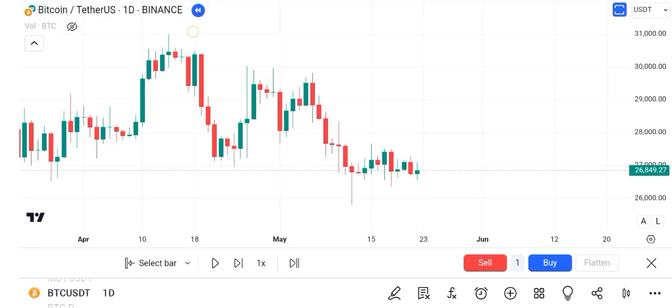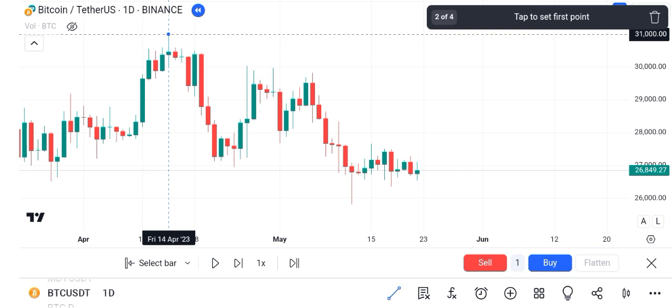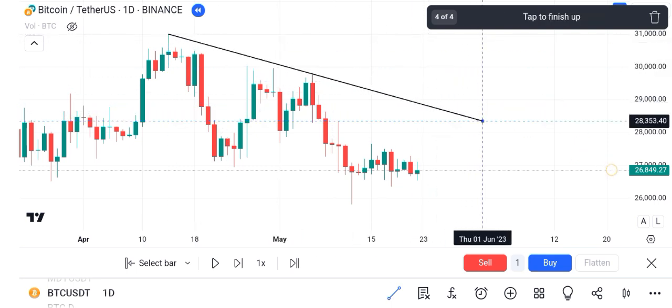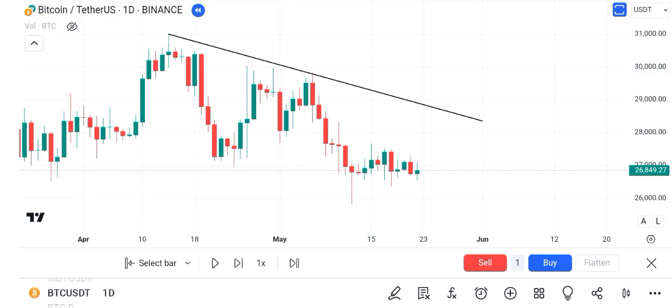So now let's talk about the downtrend. You can see on the chart that the price first made a low and then it made another low which was more intense than the first one. So you can see that the price is continuously moving in a downward direction. So I will again draw a trend line over here, and from this point I will try to connect points and through this point. So this trend line is telling us that the price is moving in a downtrend.